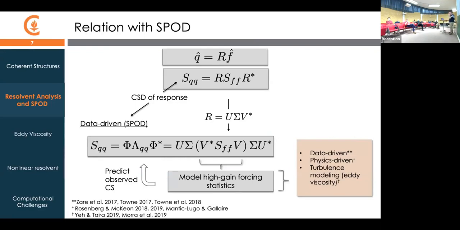But what's relevant here is this connection with resolvent operators. If we just plug that in and do the algebra, we can relate SQQ, through this grouping of terms, to the cross-spectral density of the forcing, SFF. And what you see here is that this provides a very good opportunity for data-driven analysis of this expression, because you see the gain appearing here twice, sigma over here and sigma over here. So we really only need to worry about the high gain forcing modes. If we can find a good model for just these high gain forcing modes, then we'll get a good reduced order model for the response.